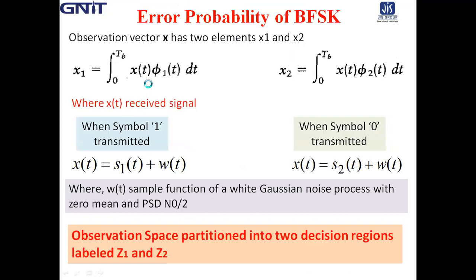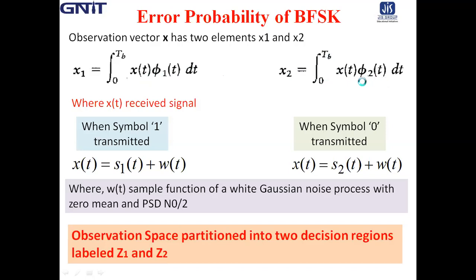The observation vector X has two elements, X1 and X2, defined by X1 equal to integration from 0 to TB of x(t) phi1(t) dt, and X2 equal to integration from 0 to TB of x(t) phi2(t) dt,